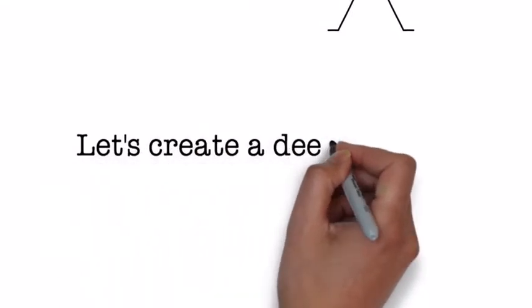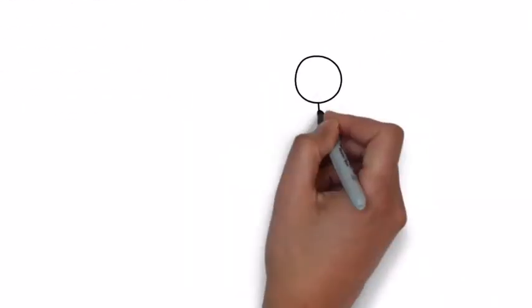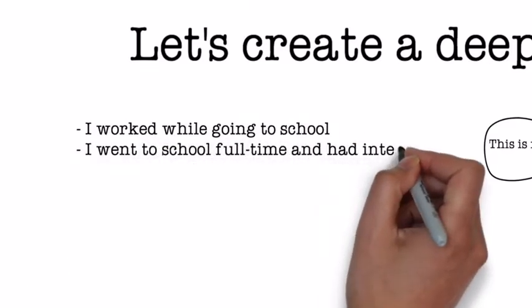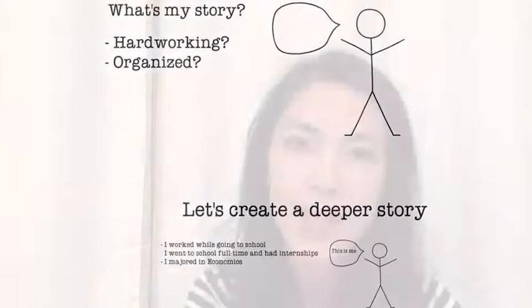Now think about your college career. How have you been super organized and how have you been hardworking? Add some context to it. Did you work while going to school? Did you have internships? How about your major? Now keep all of that information in the back of your mind, and let's talk about the skeleton of a